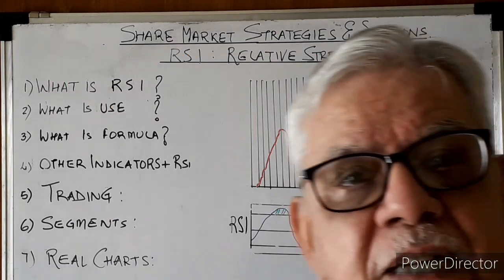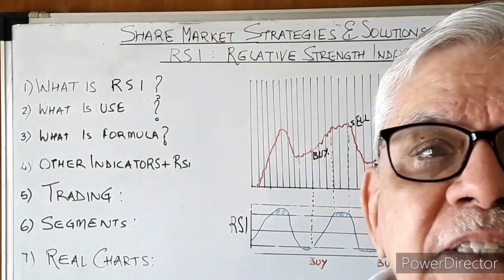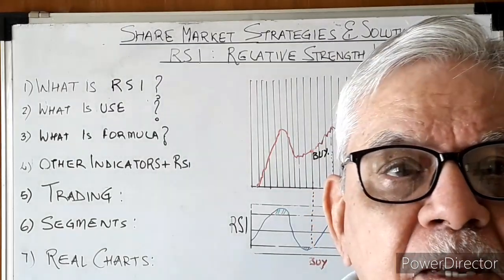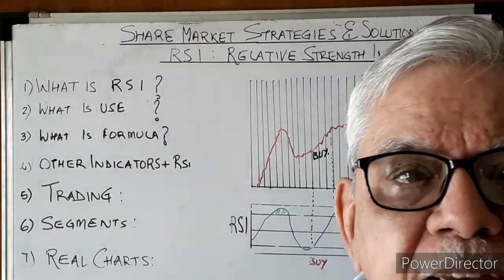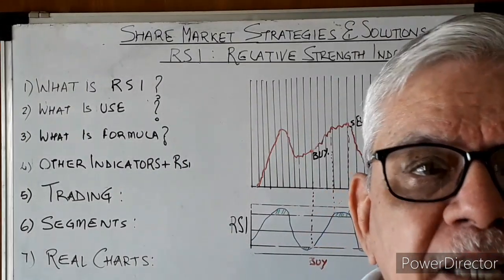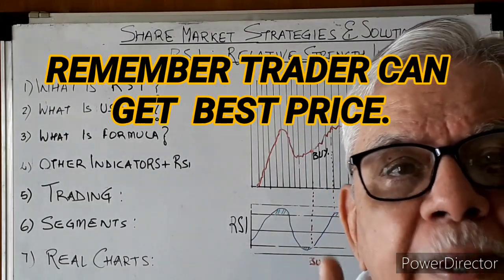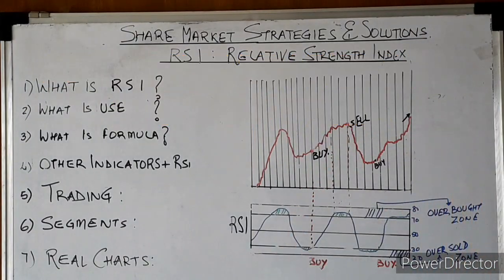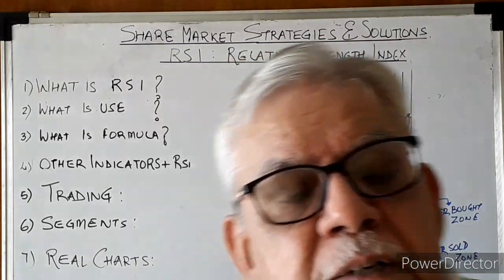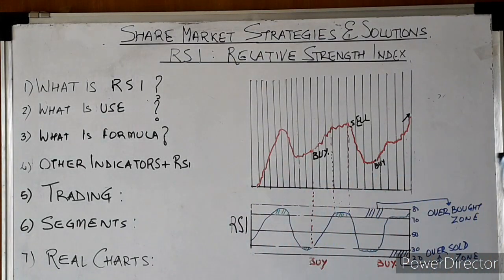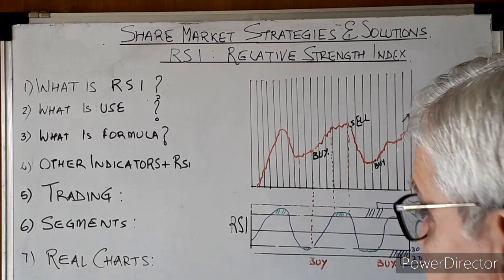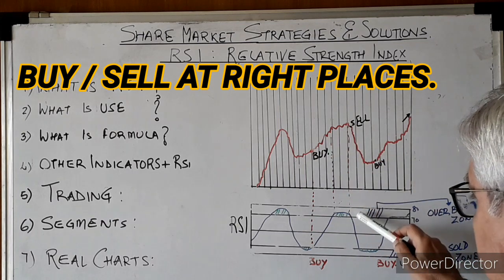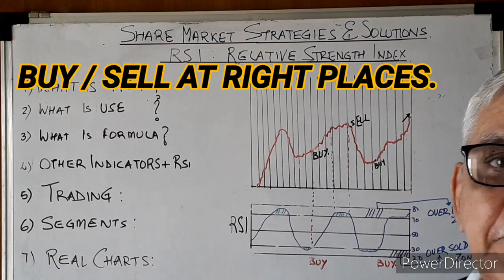Friends, on many occasions, our friends tell us that we are not getting the lowest price and we are also not getting the highest price. In the share market, nobody can get the lowest price and the highest price. You can only get the best price. And this best price sometimes gives you as much as 5%, 10%, 20%, 30%, it can be anything. So just don't bother about a couple of rupees. You just bother that you are buying at the right place, at the right price, and you are selling at the right place.